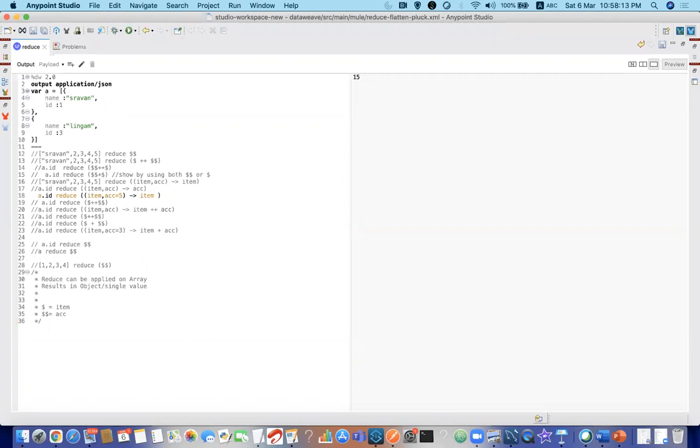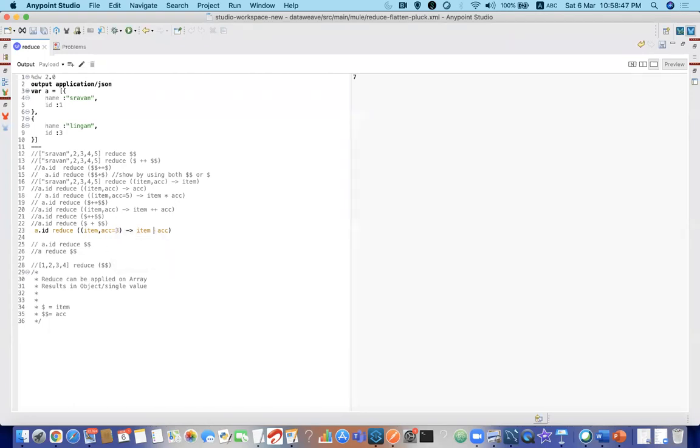When you are using item alone, it will give only the last value. When you are using some accumulator, then it is accumulating. Just we have seen, right? When we are using item alone, it will give the last value. So using 3 into 5, it's 15. It's working perfectly. Now let's go here. So 3 plus 1 plus 3: it is adding 1 plus 3, which is 4, and then plus 3, it is 7.